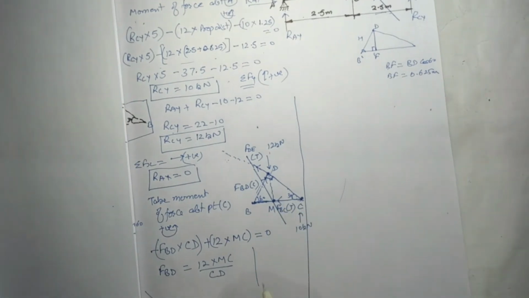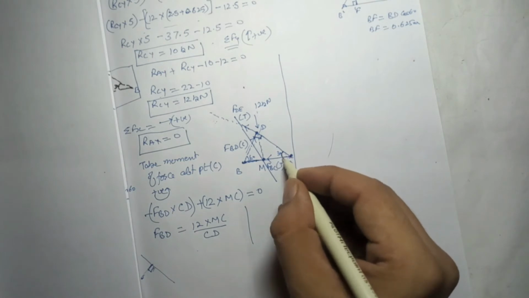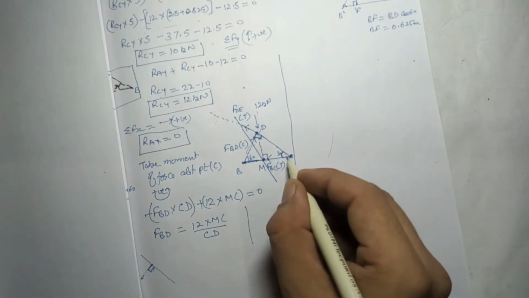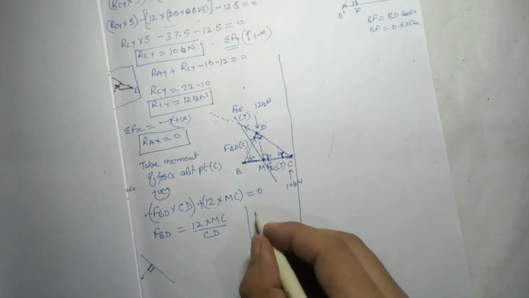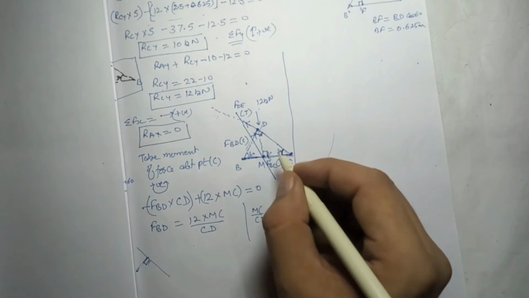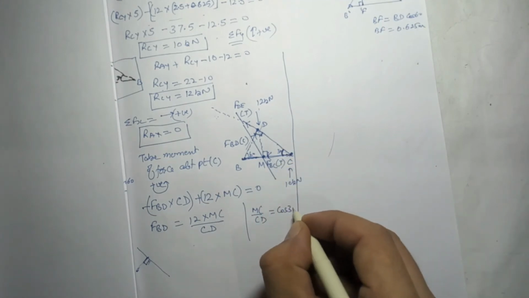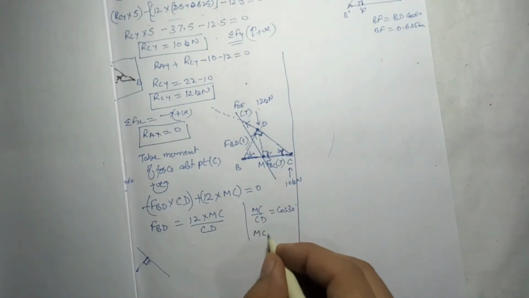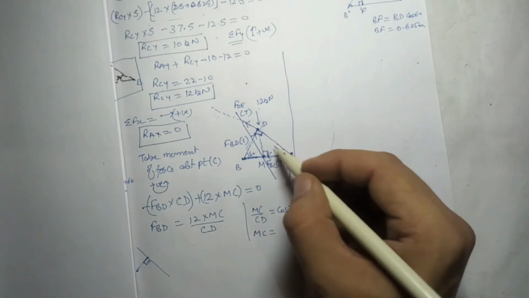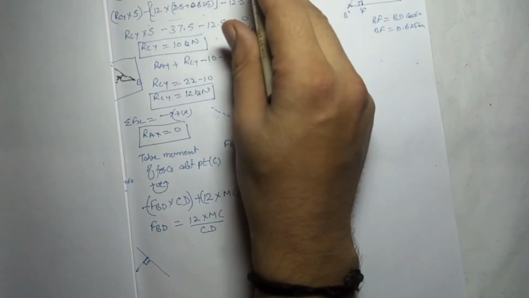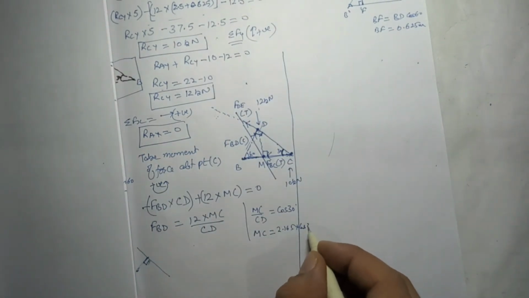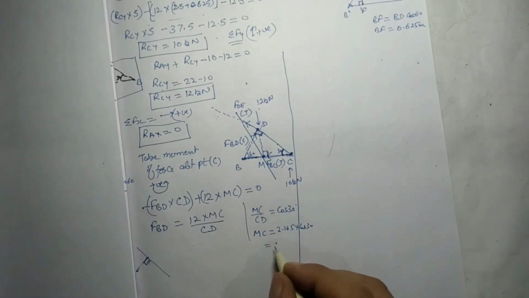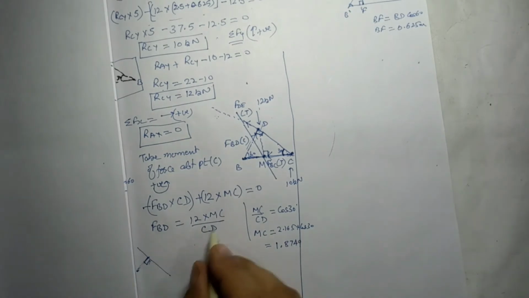This value MC. In this triangle, this is 30, this is 90. So this will be the base, this is the angle, this is the perpendicular. So I can say MC, we know the value of CD, that is cos 30, right? So from here we can find out MC very easily. CD, we have calculated the value of CD here, that is 2.165 into cos 30. When we calculate it, it is coming equal to 1.8749.